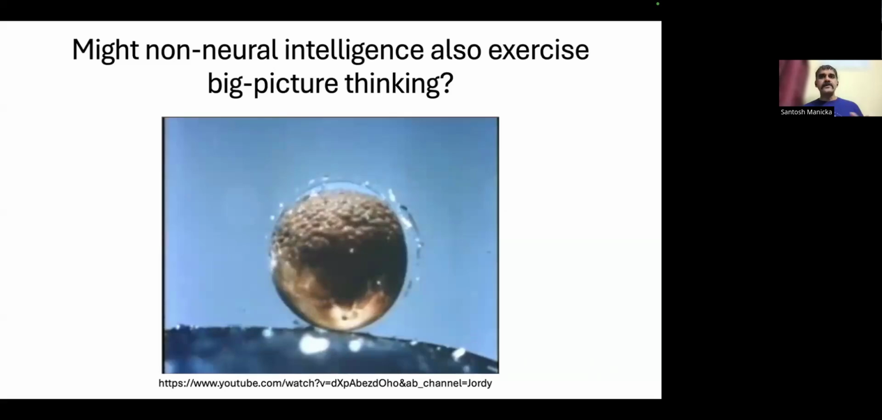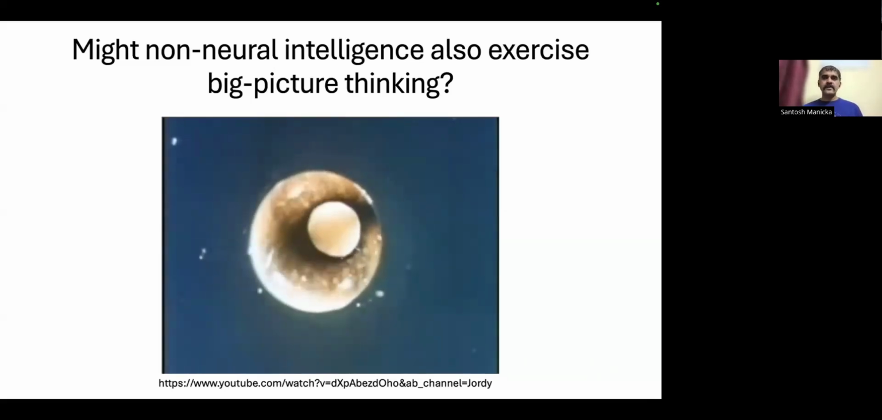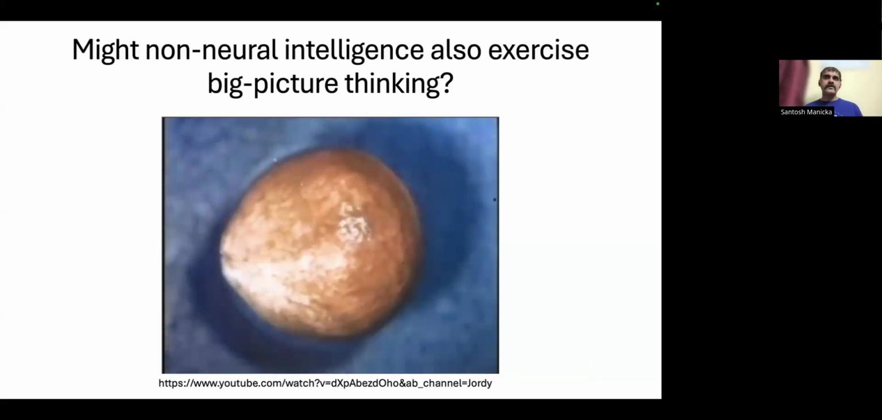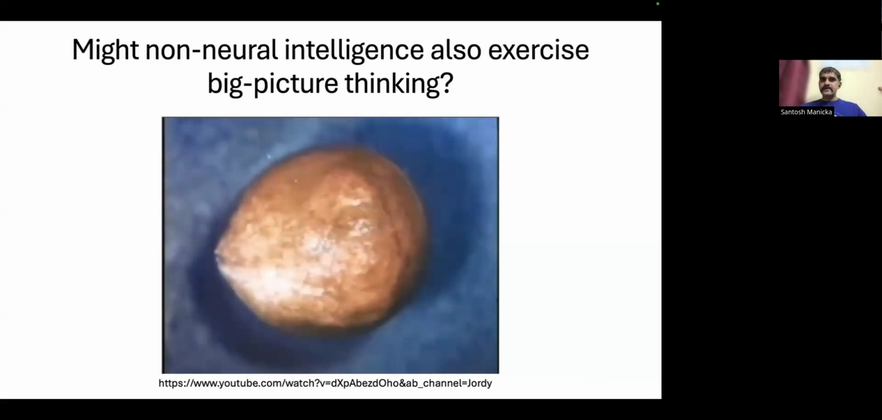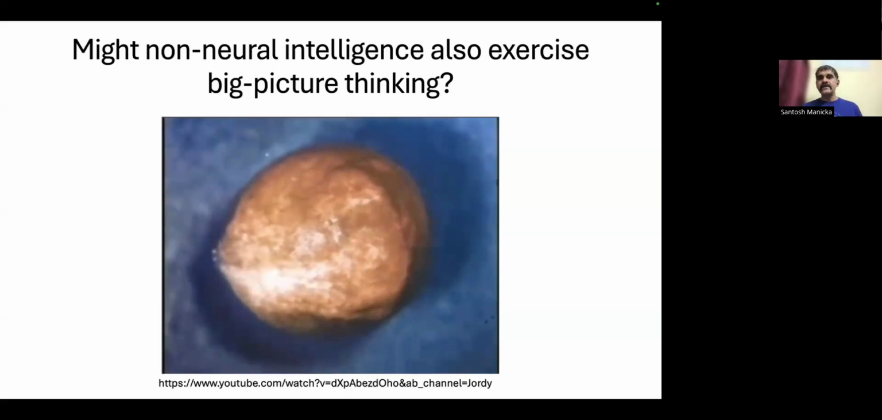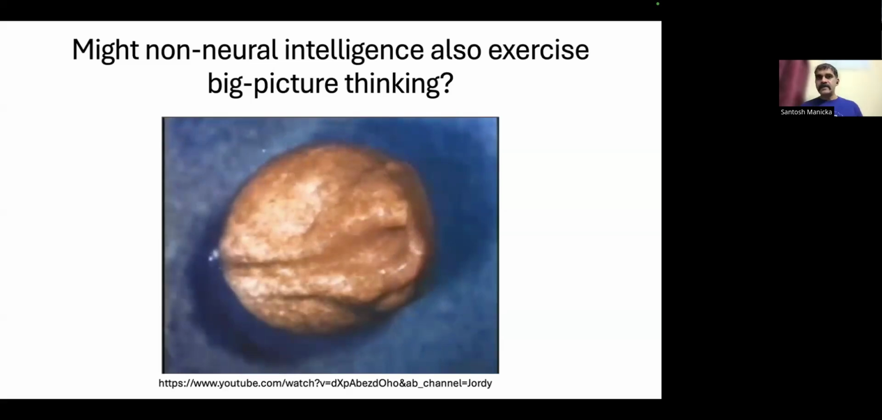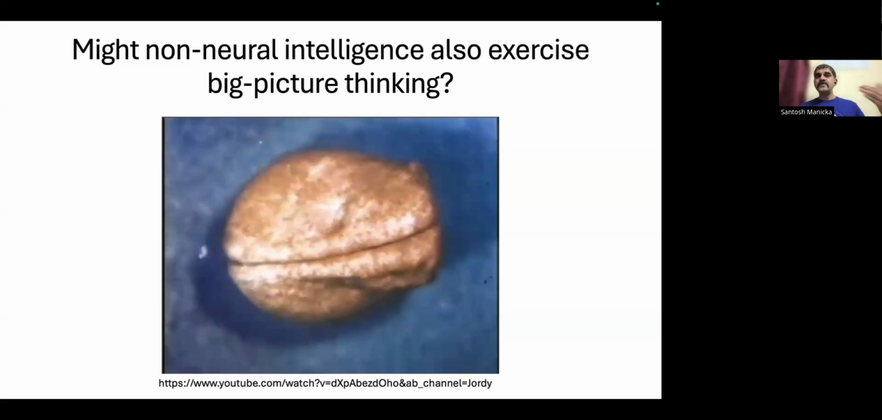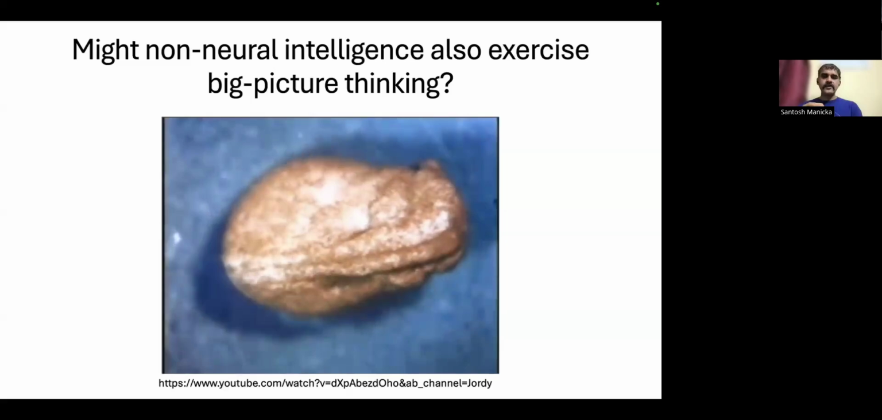So the question that we are interested in our lab is, what about non-neural systems, like, say, an embryo or some sort of somatic system? Do they also follow some sort of high-level algorithm or some sort of high-level strategy that is hidden in plain sight? That's the kind of question that we ask about neural networks these days. Like the example that I showed before,